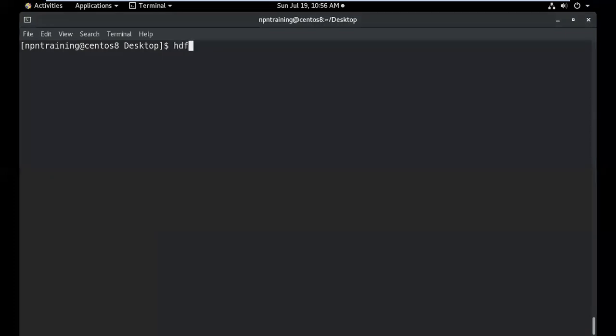So in that case, I can make use of this command: hdfs dfsadmin is the command, and -safemode enter. What happens in this case is your Hadoop HDFS will be in safe mode, meaning it becomes read only. Can you see this? It says safe mode is on. That means it becomes read only. I can't write any new file into the HDFS.